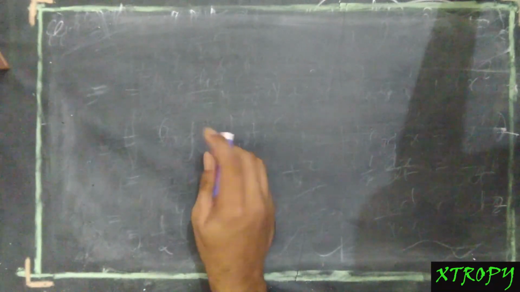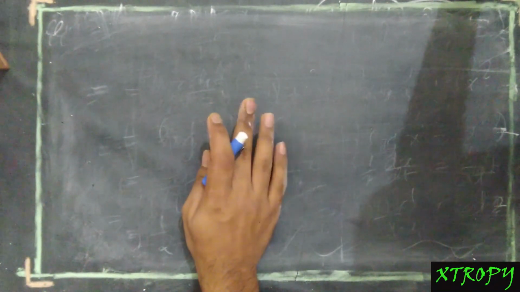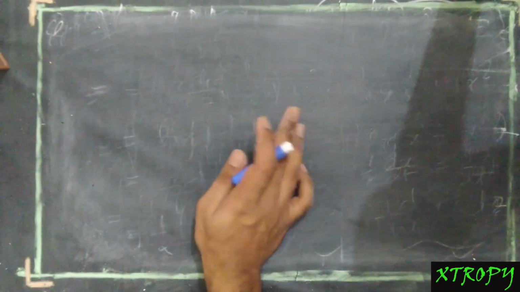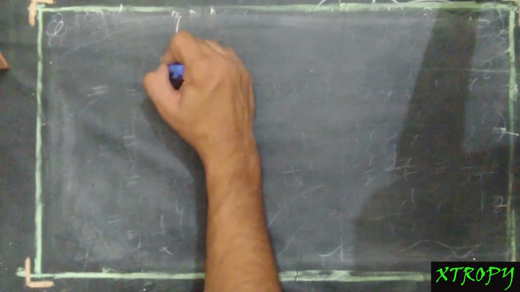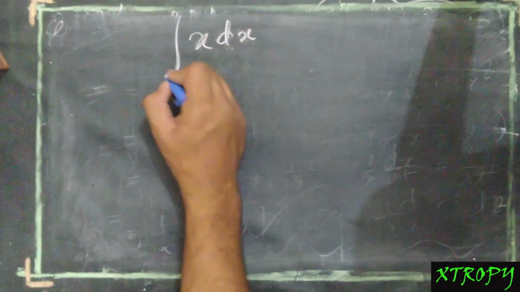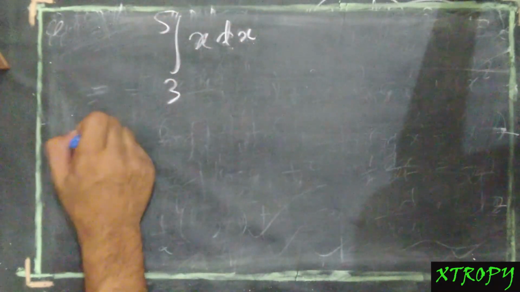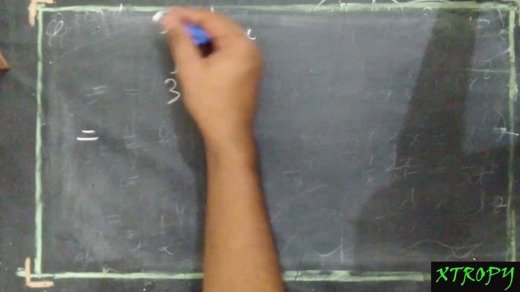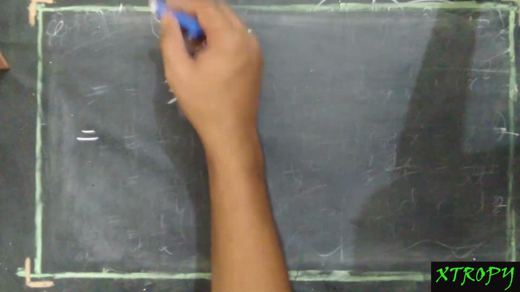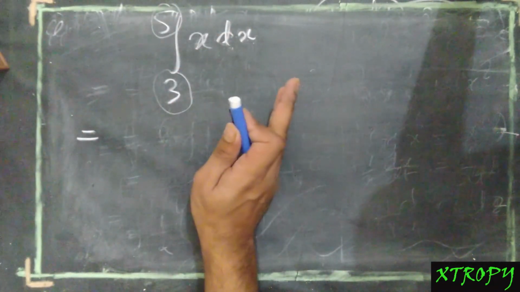Before ending the topic of today, let me show you one small example of definite integration which you may find useful in physics. One very simple example. Suppose you are given that evaluate x dx from 3 to 5. If you find this type of question, here the 5 is known as the upper limit and 3 is known as the lower limit. So what do you need to do?